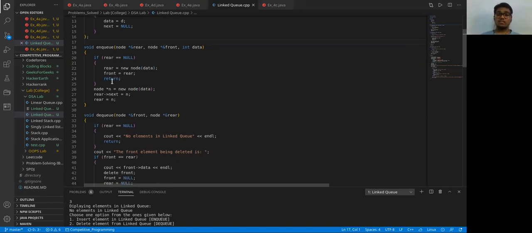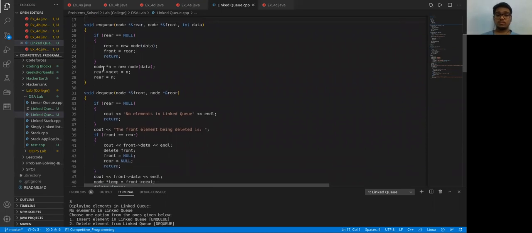If this is not equal to true, then what I do is I make a new variable n to temporarily store the new node. Then I initialize the node with the data given by the user, a new node of data. Then what I do is rear of next is equal to n. That means,